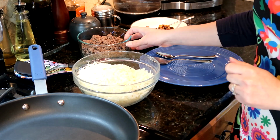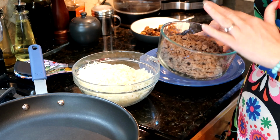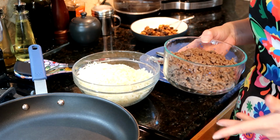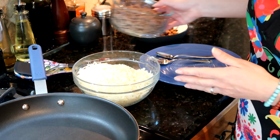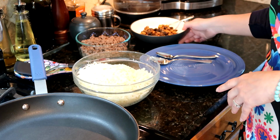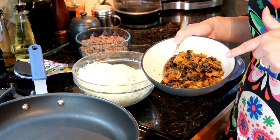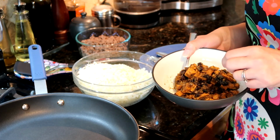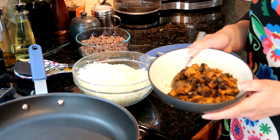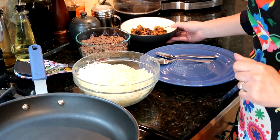Our fillings: the traditional filling is seasoned ground beef, or picadillo. This is a real simple version, just ground beef, salt, pepper, onion, garlic. Also, for a vegetarian version, I usually use black beans and queso fresco, but today I've got some leftover black bean and sweet potato hash, so we're gonna go with a little potato on potato action for some vegetarian papas rellenas. All right, let's